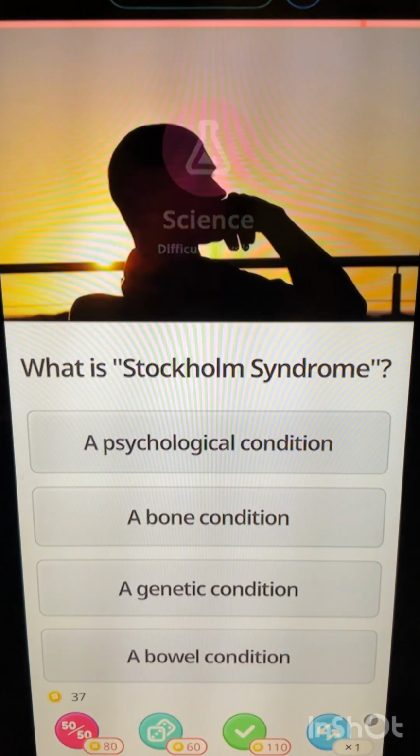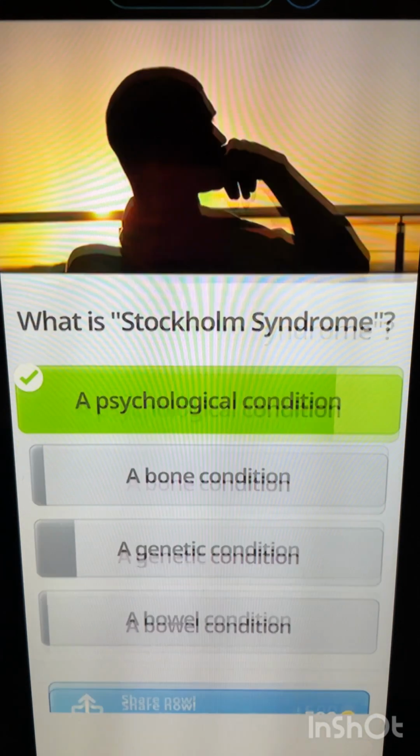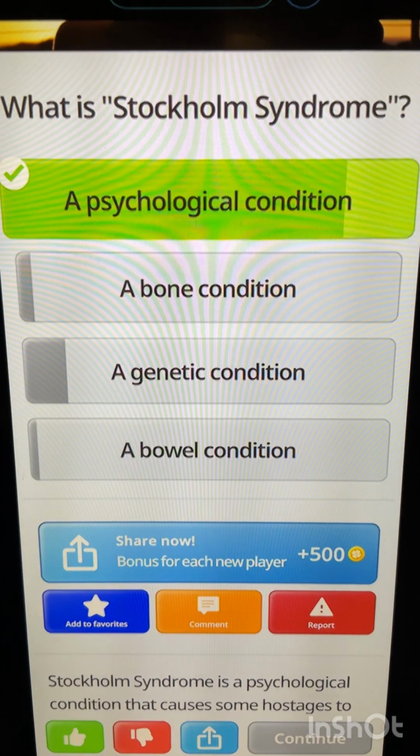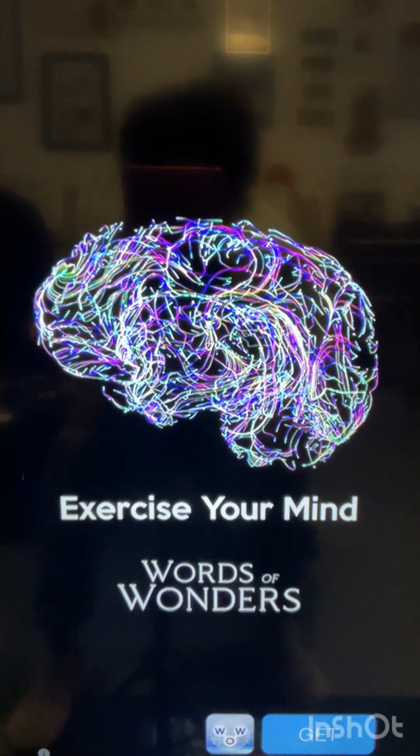In science, what is Stockholm syndrome? Anybody knows the answer? Stockholm syndrome. A psychological condition, I think. Was it right? So we got to